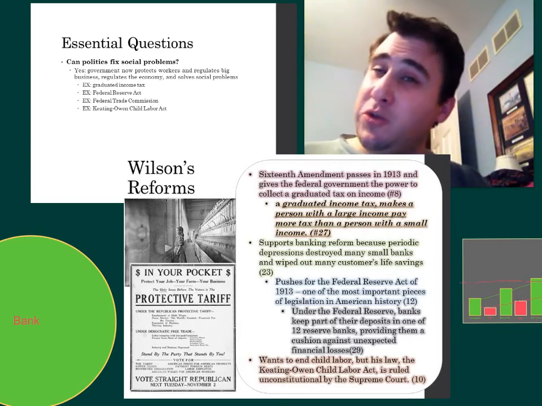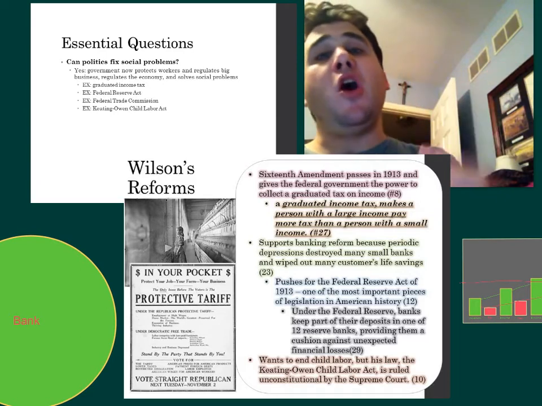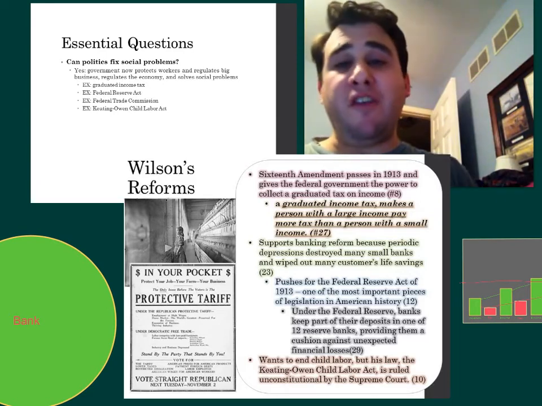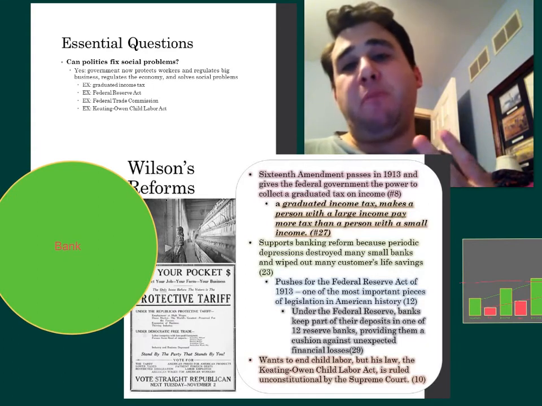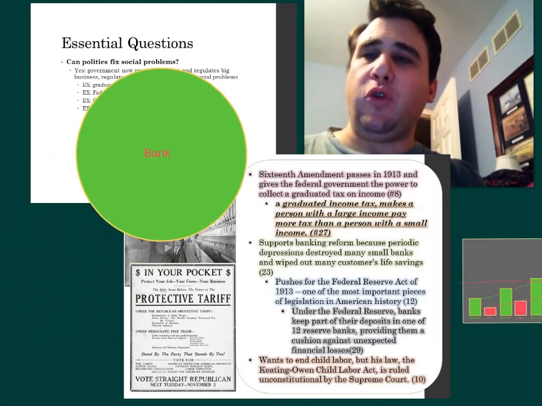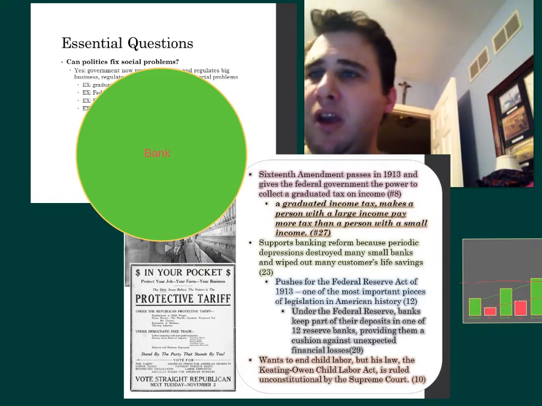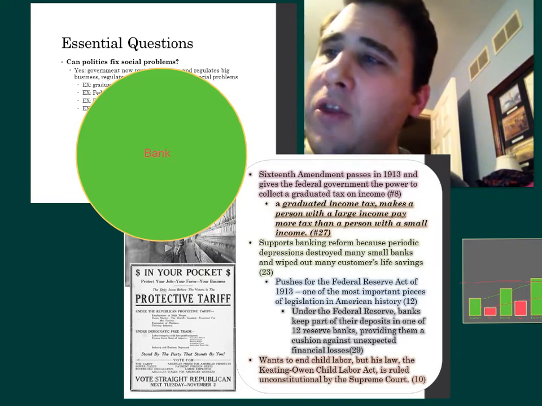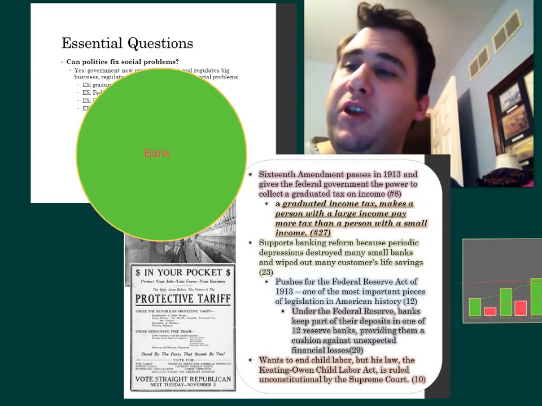And Wilson also says, it's not enough for the government to collect money. We have to be sure that the money of our average everyday people is safe. Because one of the things that I know you looked at last year were a lot of bank failures, when banks would just collapse because they weren't very smart with their money. So I drew a little circle here with green in it, and it says bank, and that represents all the money that a bank has from all of its people that it's deposited.